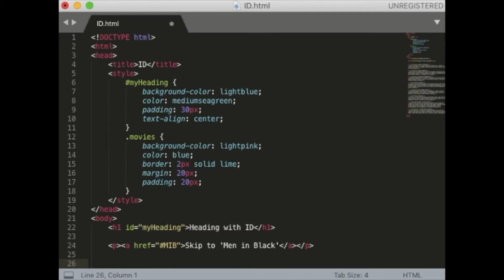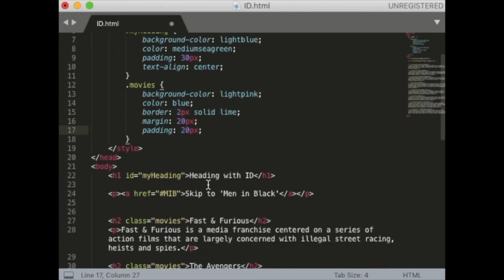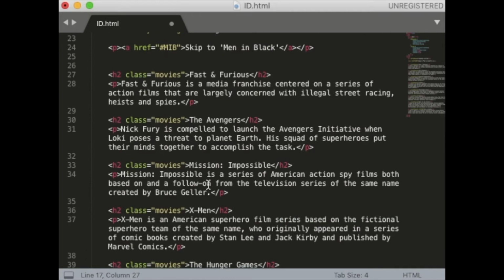So first, let's start off by learning how to use the ID attribute to style something, and let's learn what the difference is between a class and an ID. If you remember from the CSS videos, we had learned about different classes, right? Where we had a dot and then whatever the name of the class was, we create a class. And we declared a lot of properties, kind of set like a general format, right? And in that, what we'd seen was that we can use the same class